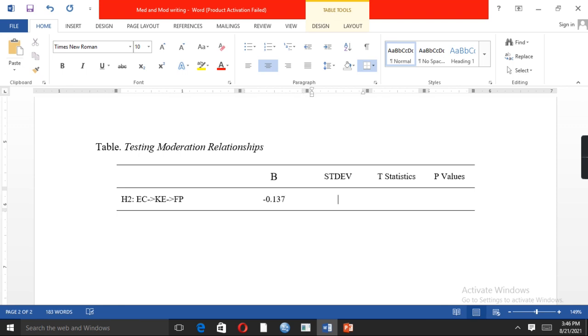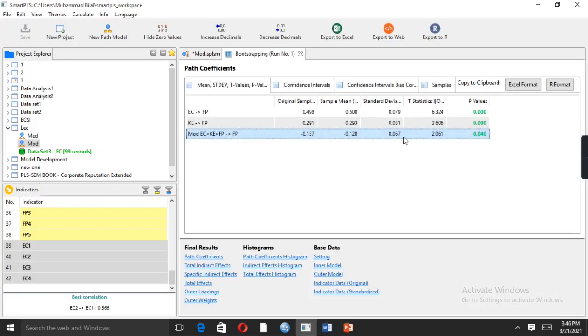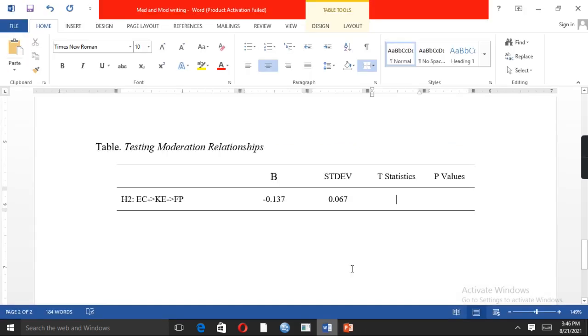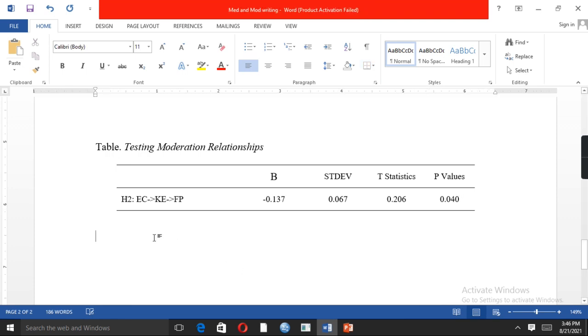However, the standard deviation value is 0.067, and the t value is 2.06 and the p value is 0.046, or 0.040, I think. Yes. So this is how we copy and paste all these values and then we interpret.